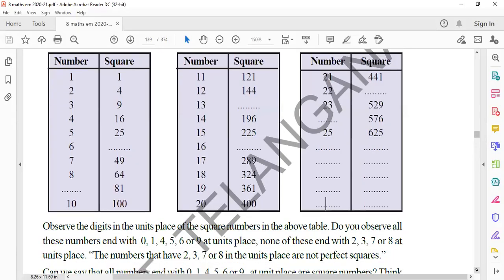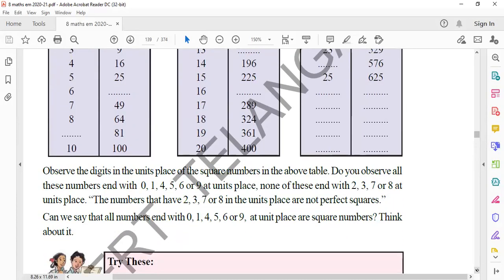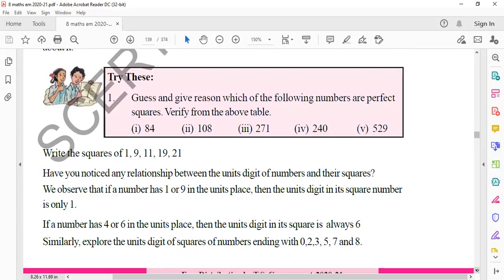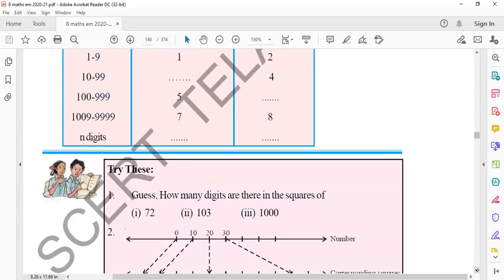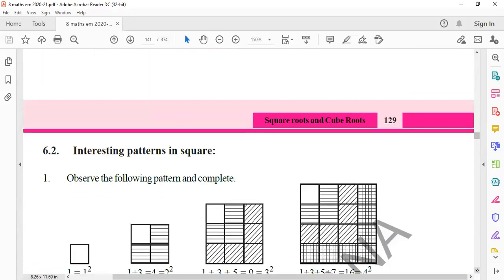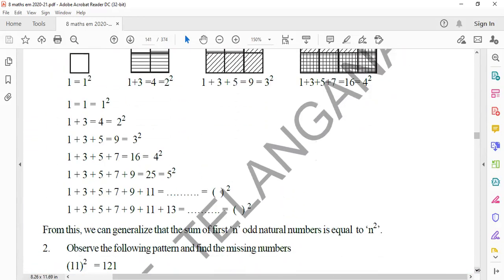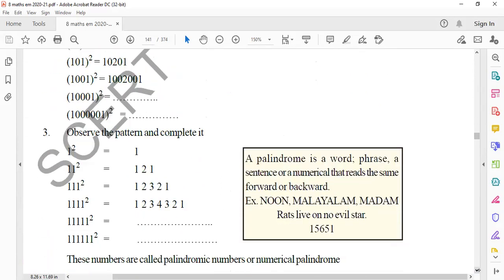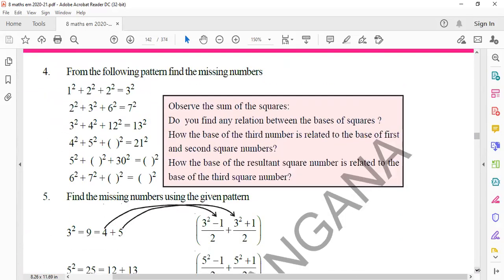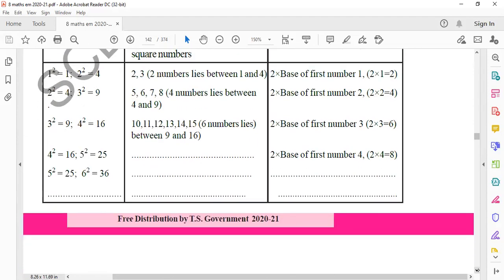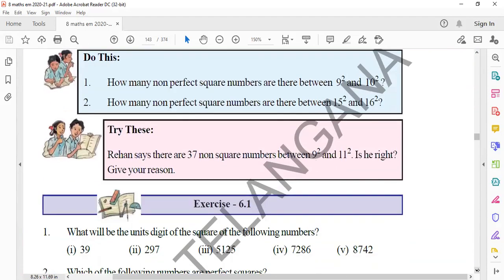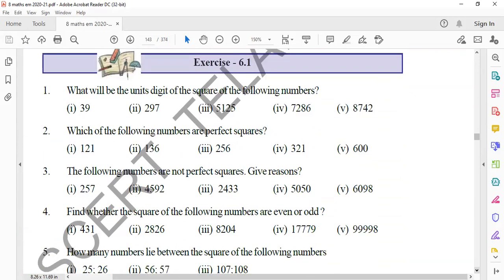Let me show your textbook, what methods are there. This is the square root introduction part, that in number squares you need to find it out. This is all introduction part. You can read your textbook, you can easily understand. Then after that, we go for the first exercise, what problems are there. I'm trying to look into that. Is there any possibility we try it out? If not, I'll take each question and discuss it.